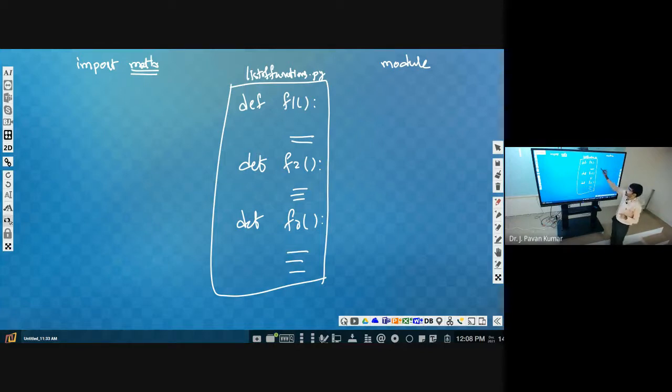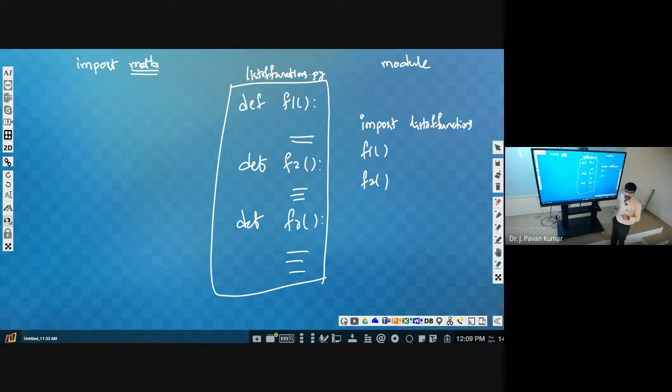Now whenever we wanted to use this F1, F2, these kind of things, then we can use import. What is the name of the module? List of functions is the module. So import list of functions. Okay, .py is not necessary. Why? Because it will interpret automatically. Then we can write our program. In that program, we can call F1. We can call F2. Did we define F1 now? No. F1 we are not defining here, but we are getting that by using list of functions.